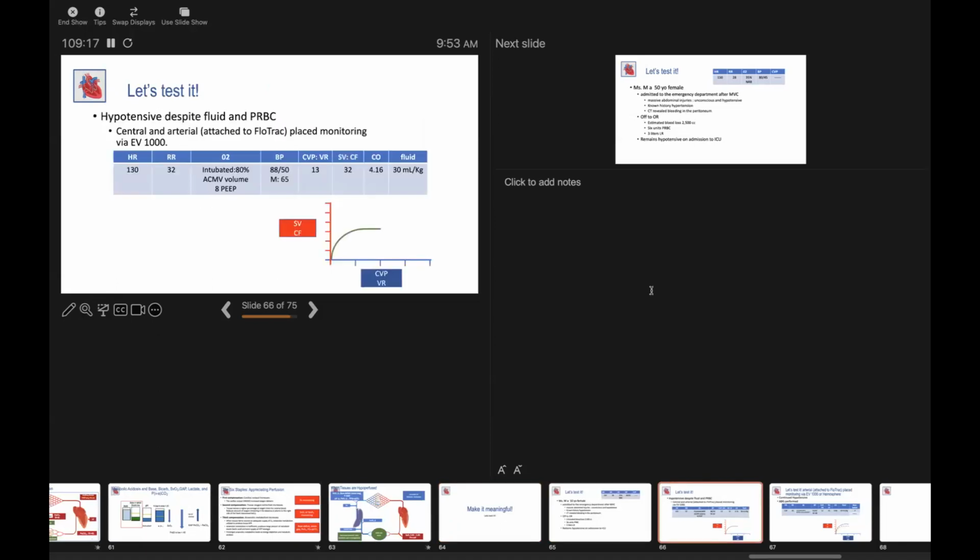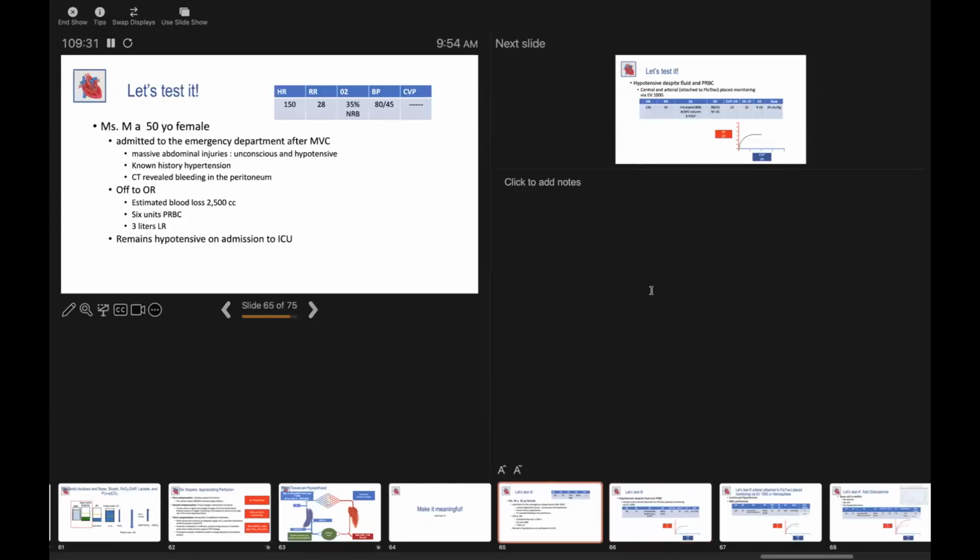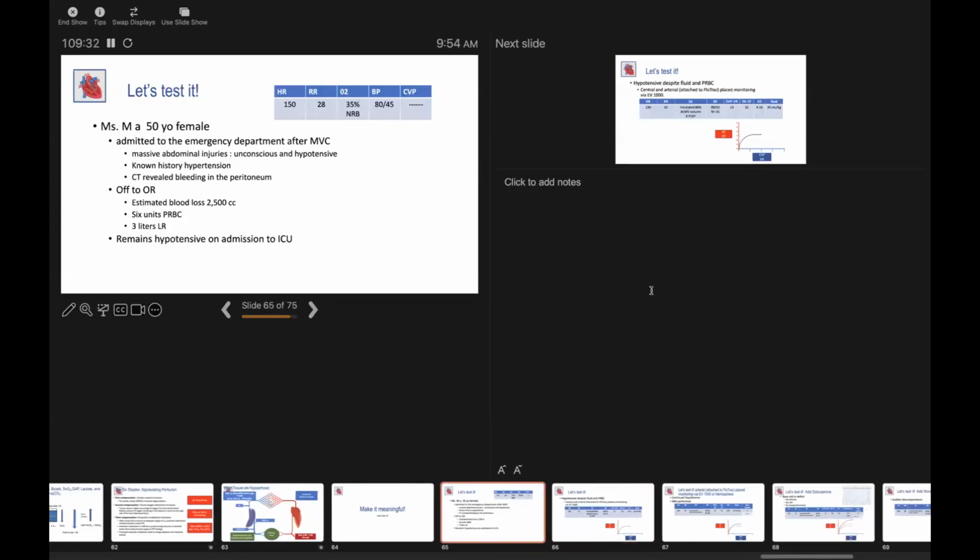One thing. In your stroke volume, it doesn't matter to me how you're going to monitor stroke volume. Mrs. M, a 50-year-old female admitted to the ED after a motor vehicle collision. So right away, you're going to say, might be hemorrhagic hypovolemic shock, and indeed it's true. She's had massive abdominal injury, she's hypotensive, she has a known history of hypertension, so that